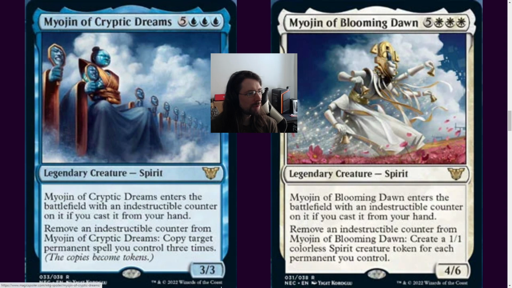Alright, here's the blue one. It's a 3/3 for 8 mana. Yep, if you cast it, it has an indestructible counter. You can remove the indestructible counter, copy target permanent spell you control 3 times. Alright, that could be really cool. I don't know what you would copy 3 times that'd be great, but there's something. Trying to think, I guess just like some big enchantment or artifact, or maybe some, well, most of the creatures you could copy are going to be legendary, so